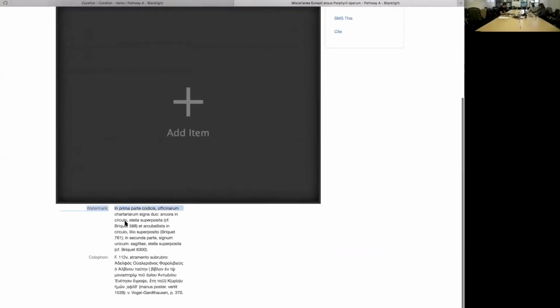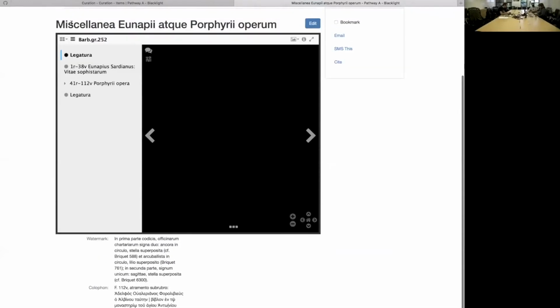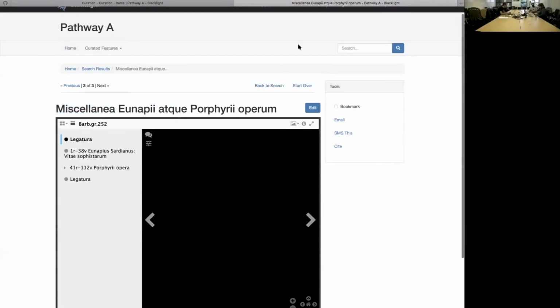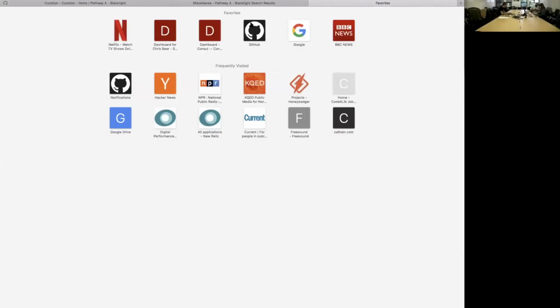So we're also indexing the watermark and colophon, which means I can search for one of these words in this document to retrieve the item. And as we do some more requirements gathering with our stakeholders, we'll expand the indexing to include the fields that are useful for the end users. And the final thing I want to point out